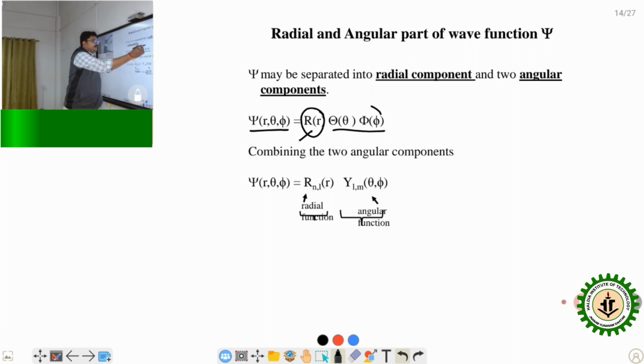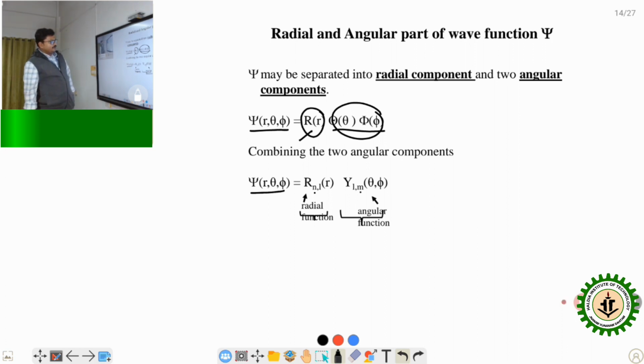And if you vary theta and phi, you get different shapes of the atomic orbital. So the wave function is divided in two parts, the radial part and the angular part. The radial part depends on the principal quantum number and the azimuthal quantum number,